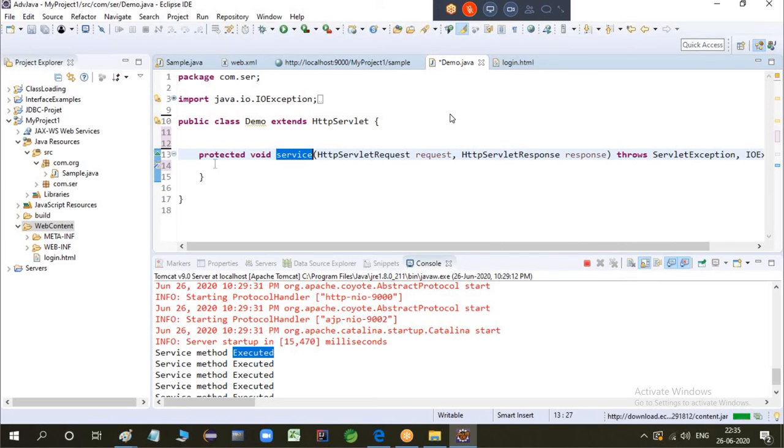That means if there is a child class for this class, only that class can access this method, not any other class or any other package, because this will be executed by the server. Not any other class can execute my service method. Getting the point? You have to know what protected means. Protected means only within my package this service method will execute, or the child classes, even if they belong to some other packages.